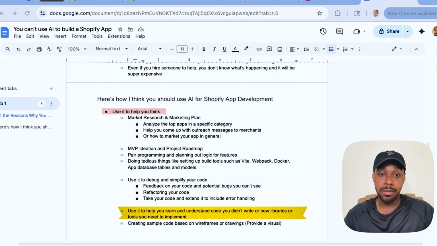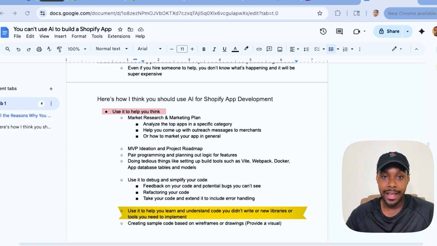Now, of course, sometimes the code was so high level that even I had a hard time understanding what it was trying to do, or sometimes the code was in a language I don't know, and in that case, I don't want to have to figure out the intricacies of that language just to understand what's happening. So I'd take the chunk of code, I'd pass it into Gemini or whatever AI tool I was using, and I would have it explain the code to me in very simple language. That's a great use case for Shopify app development because a lot of the stuff is super complex and it'll break it down for you.